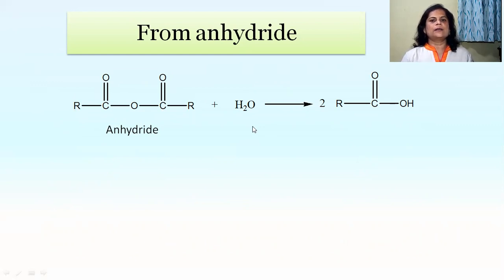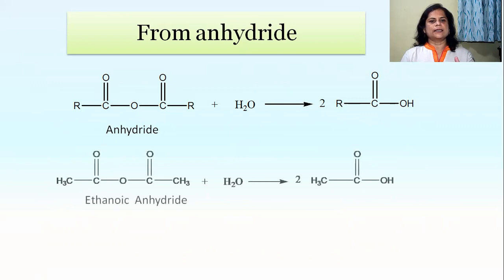Now see, again the H and OH minus from H2O are added into the anhydride: RC double bond O, OH is one structure, and one more RC double bond O, by the addition of OH from water. We take the example of ethanoic anhydride. After hydrolysis, ethanoic anhydride forms ethanoic acid. See, the ethanoic anhydride is converted into ethanoic acid or acetic acid.